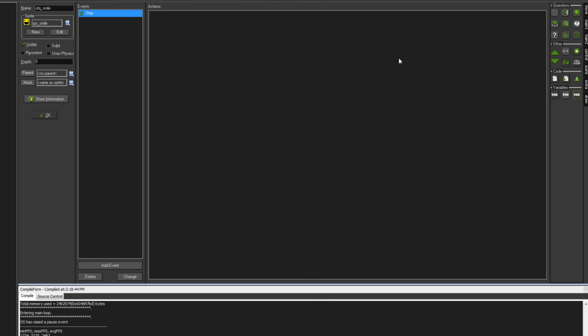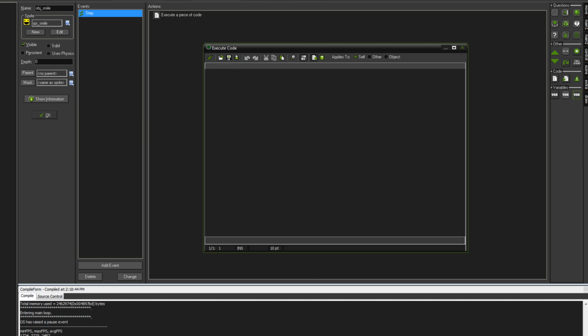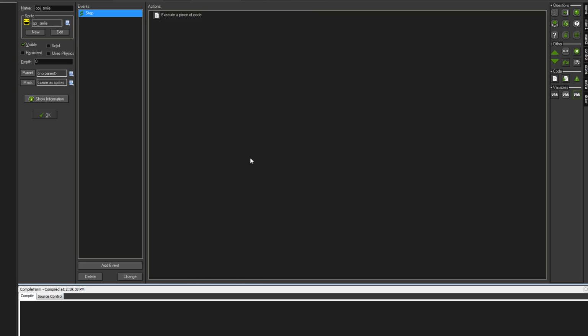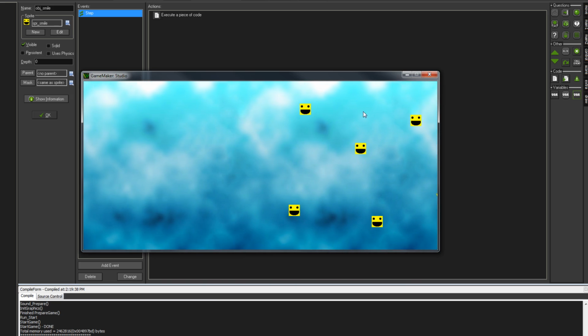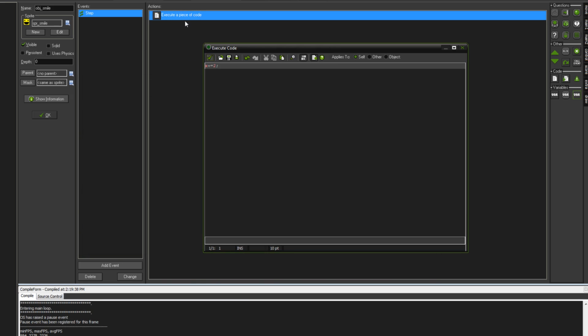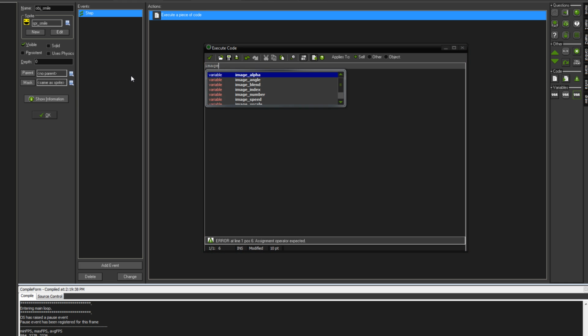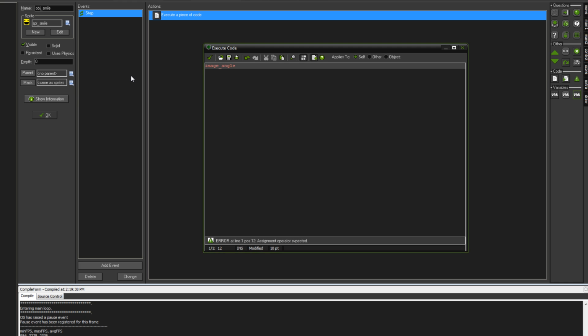will be carried out. So if we go to code now, for example, if we did the same code, x plus equals 2, hit the tick and hit F5, we'll see that they're just moving to the right by themselves now, because every single frame of the game they're moving right 2 pixels. If we want the object to do what it did in my intro game, it was image underscore angle. If you watched the intro video, you saw me writing this code right at the start. But if we type image angle plus equals 1 for now,